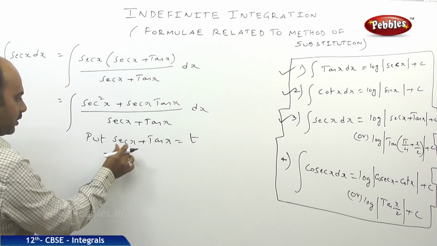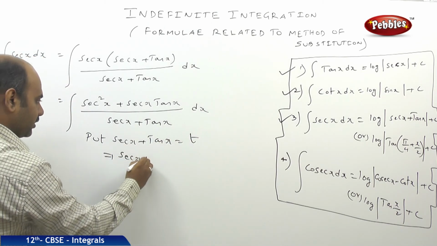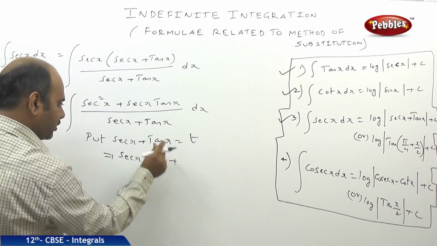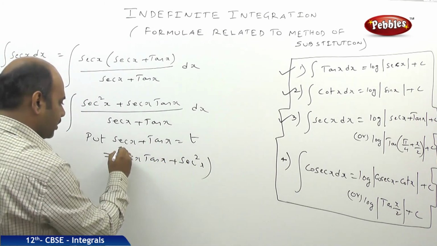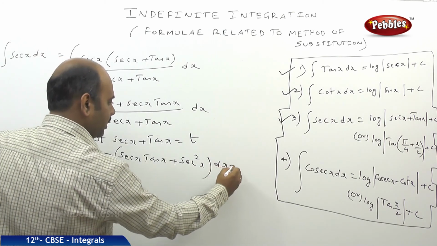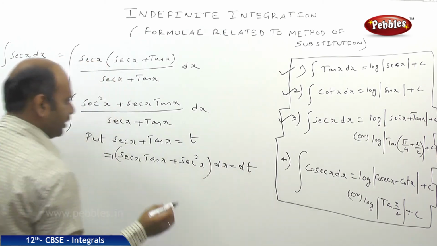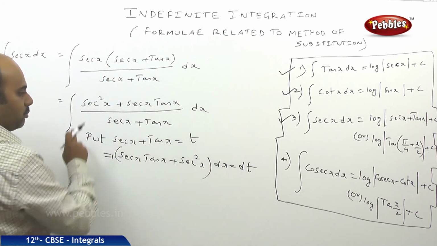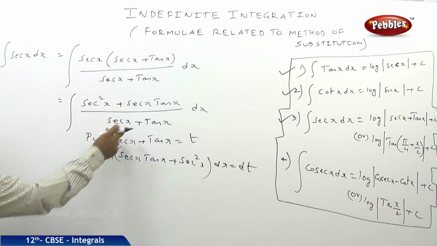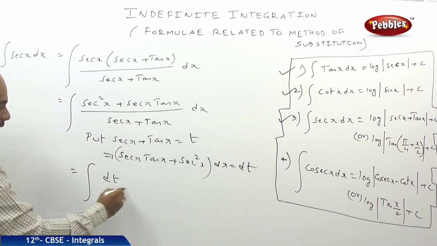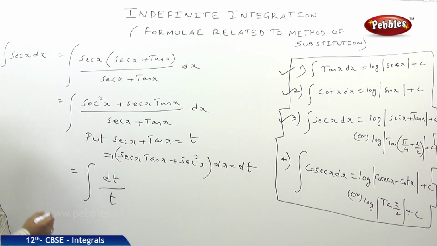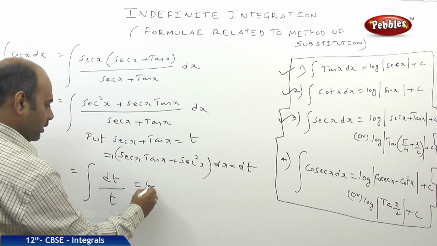We know the derivative of secant x is secant x tan x, plus the derivative of tan x, which is secant square x, and outside there will be dx, and finally it gives rise to dt. So always remember, the numerator will become dt and the denominator will become t. So the expression becomes dt by t, but the integral of dt by t is nothing but